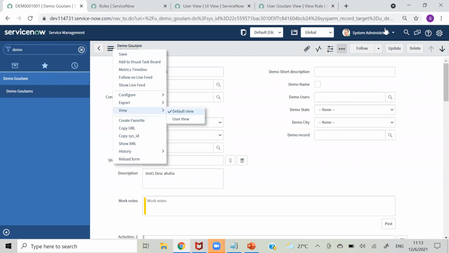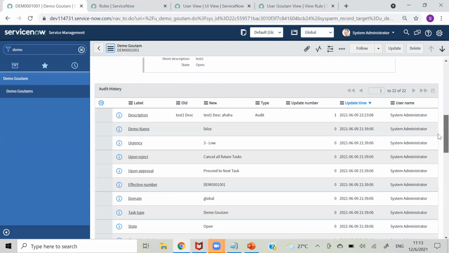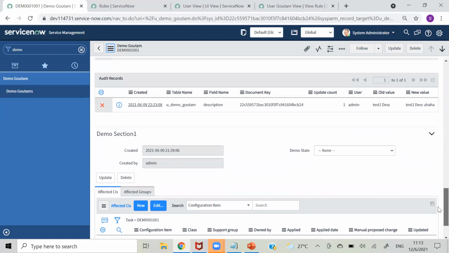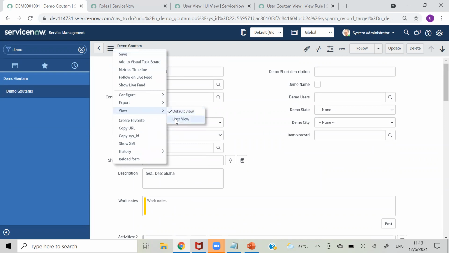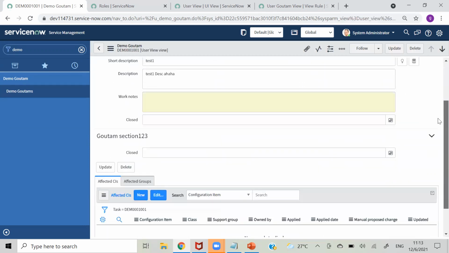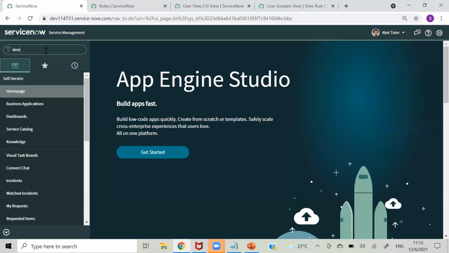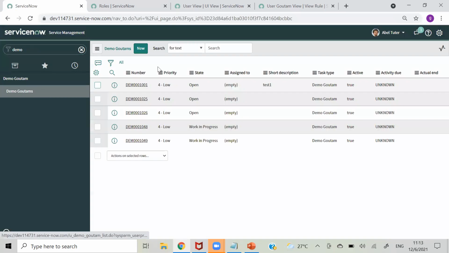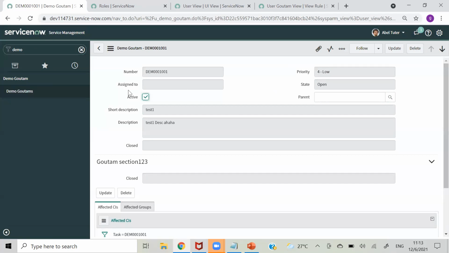Yes, see now I'm as admin in default view. So in default view, you can see we have work notes, activities, audit history, audit record, and demo section 1. And on our user view, you have this Gautam section 1, 2, 3. So now let's go to Able Tutor again. Yes.